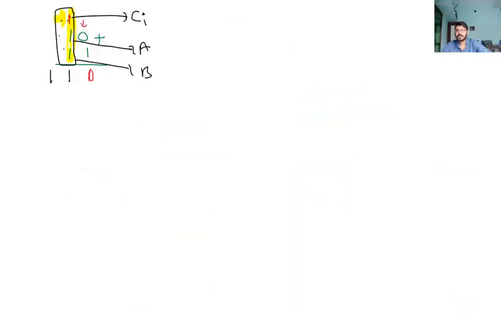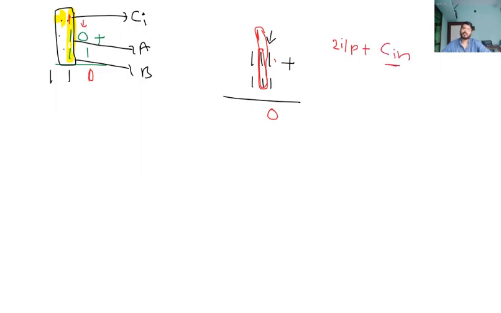Let us take another example. 111 plus 111. Now here in the first bit position, 1 plus 1 is equal to 0. Of course, you can add with a half adder. But if you use a half adder to add these two bits, then here you have 1 plus 1 is equal to 0 with a carry 1, and you have to add 3 bits here. That means you have two inputs plus one carry from the previous position, carry input. So you have three inputs to add, or 3 bits to add.